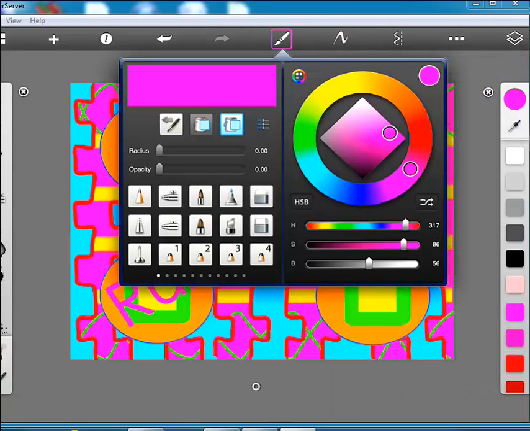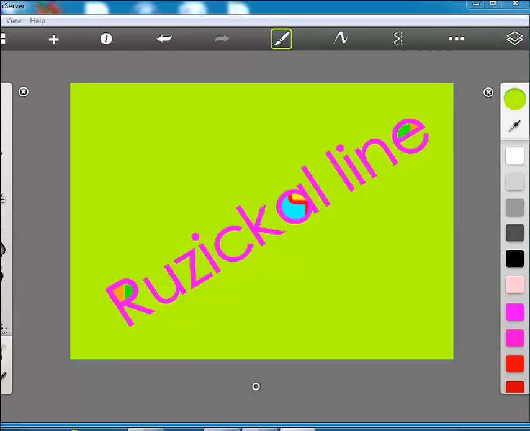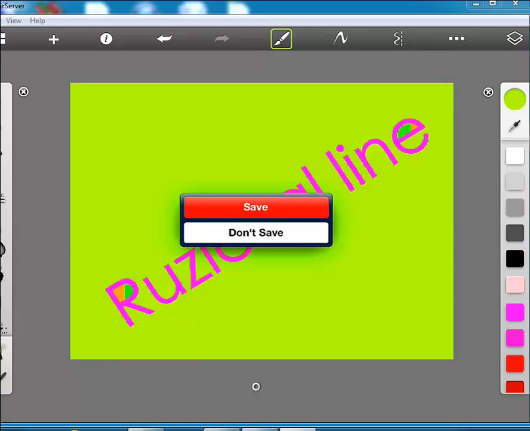So I'm going to take contrasting color and flood fill. When I'm done flood filling and my name showing with the line design and possibly period number, then I'm going to go to the 4 squares in the left corner. That's your gallery,